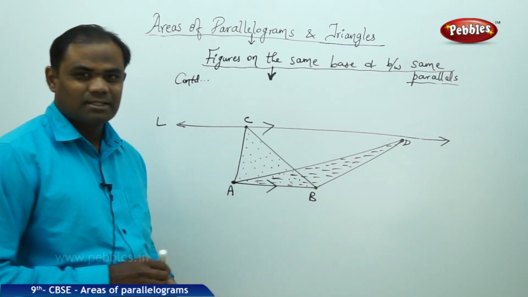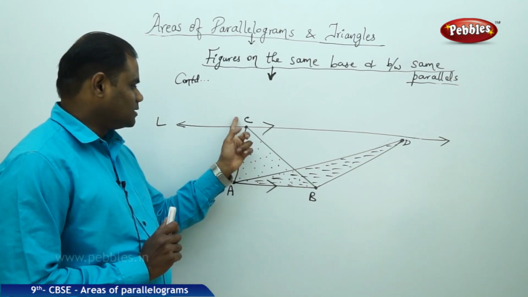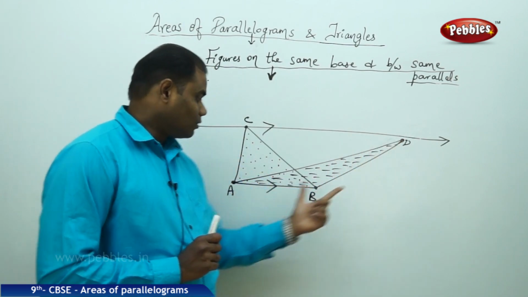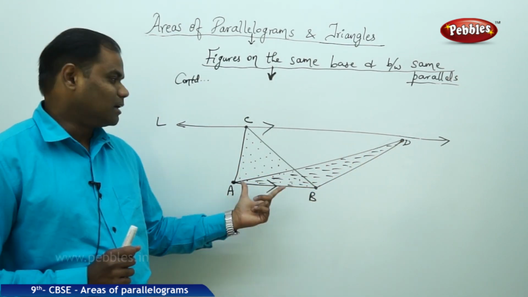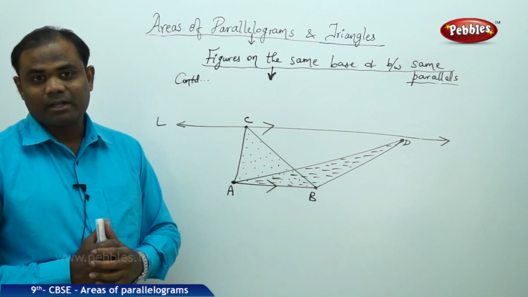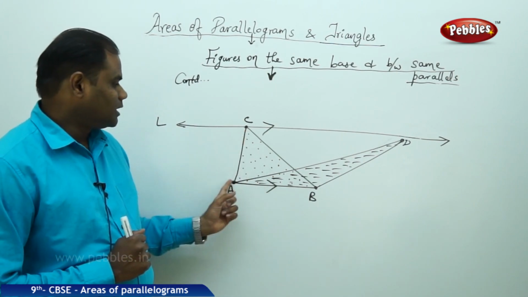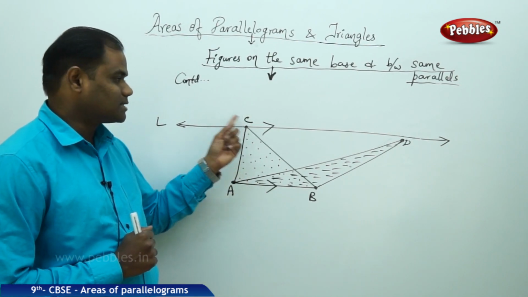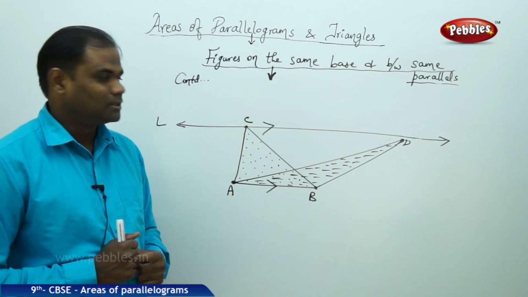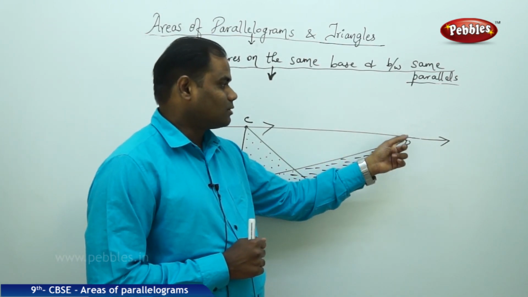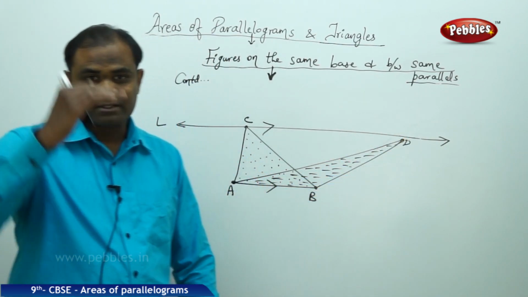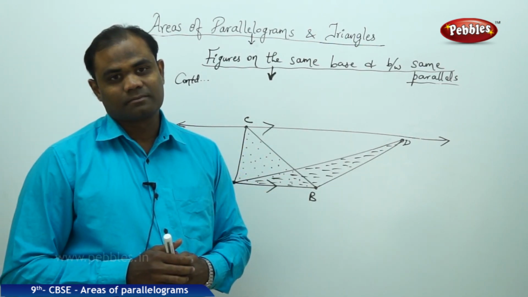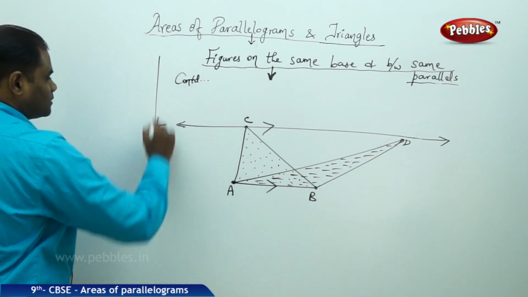So in this case, I see that the triangle ABC is on the same base AB and triangle ABD also is with the same base AB, but they are not between same parallels because ABC is a triangle between parallels with the third vertex C exactly on the parallel line. But this point D is not on the parallel line and hence it is slightly below. This region cannot be between same parallels. So I come to the conclusion that